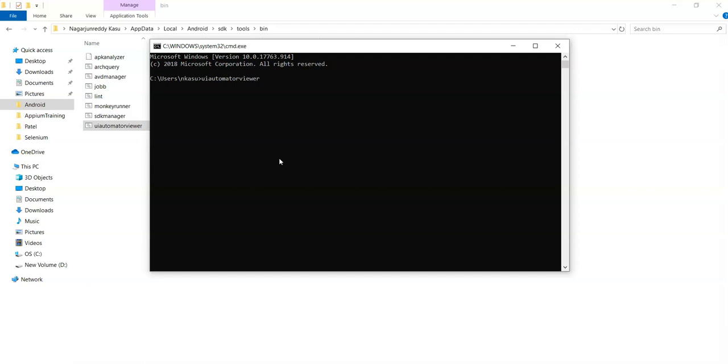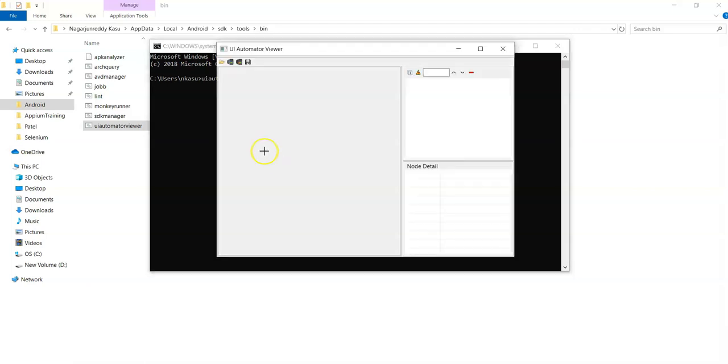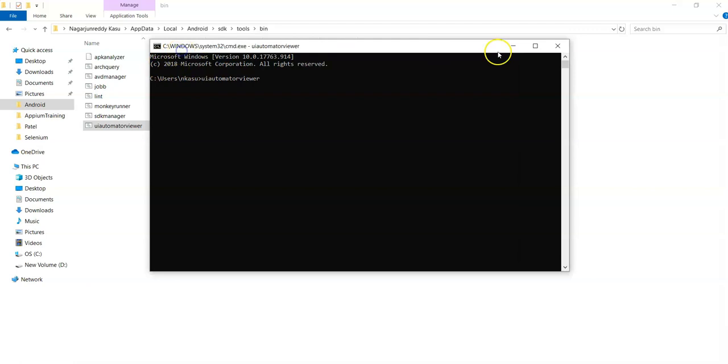So UI Automator Viewer window will open in few seconds. Same as previous one. Yeah, this is the UI Automator Viewer. So you can open this tool in two different ways, right? Now we have opened the tool in two different ways. Now let's see how can we identify the locators from this tool.